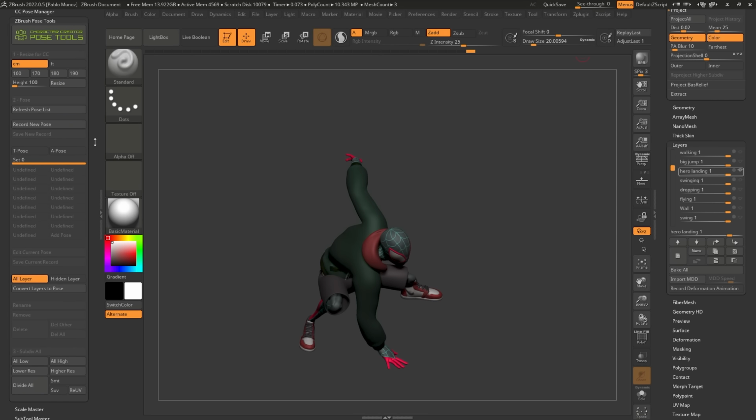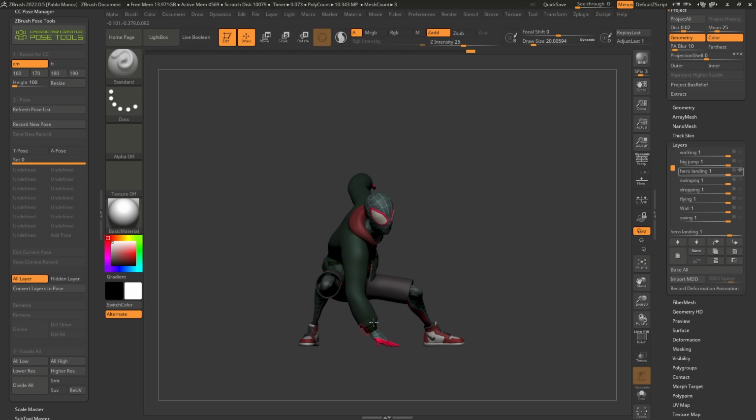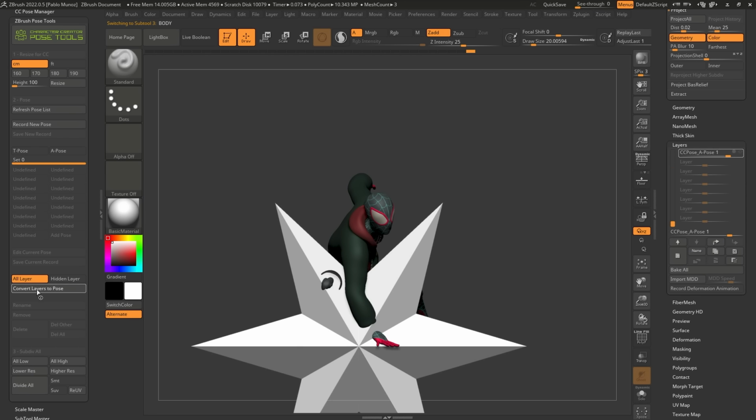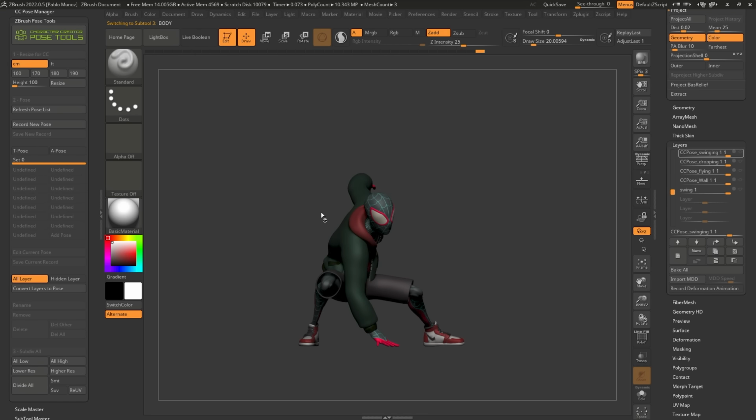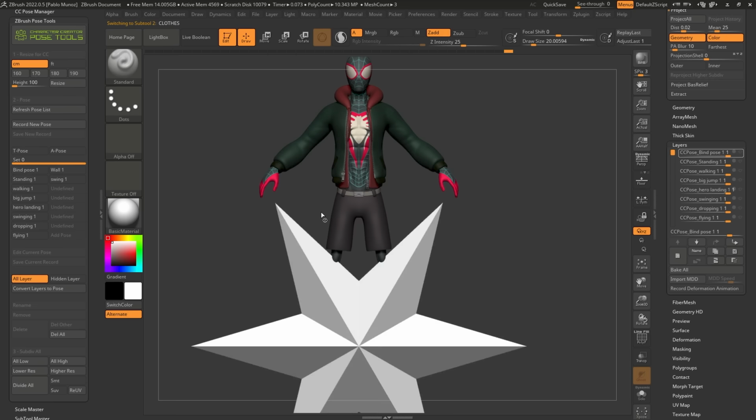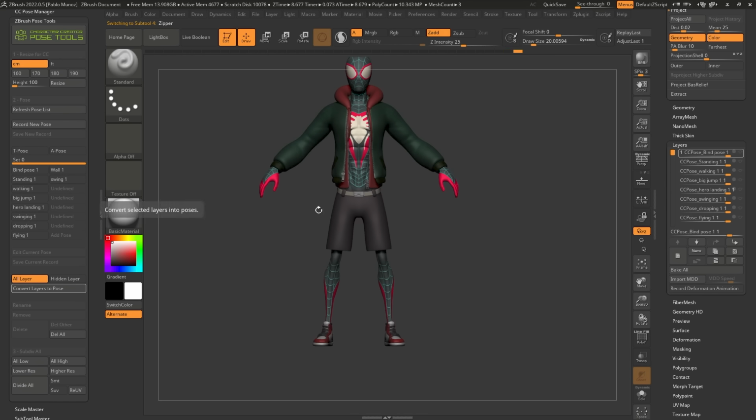So this is what the plugin looks like. And I have a bunch of grayed out options at the moment because I haven't done anything. This is how it looks when you open it up. And it's actually really simple to use. So for example, I can go ahead and click on this Convert Layers to Pose. And the process is basically taking each one of the layers on each one of the subtools that you have. You can have multiple subtools, and it's going to compact them all together into these poses with these switches right